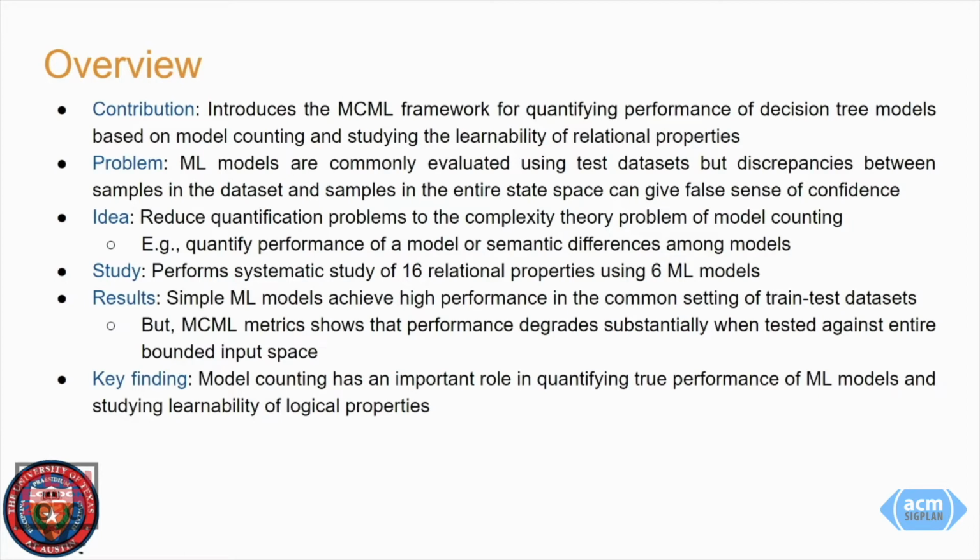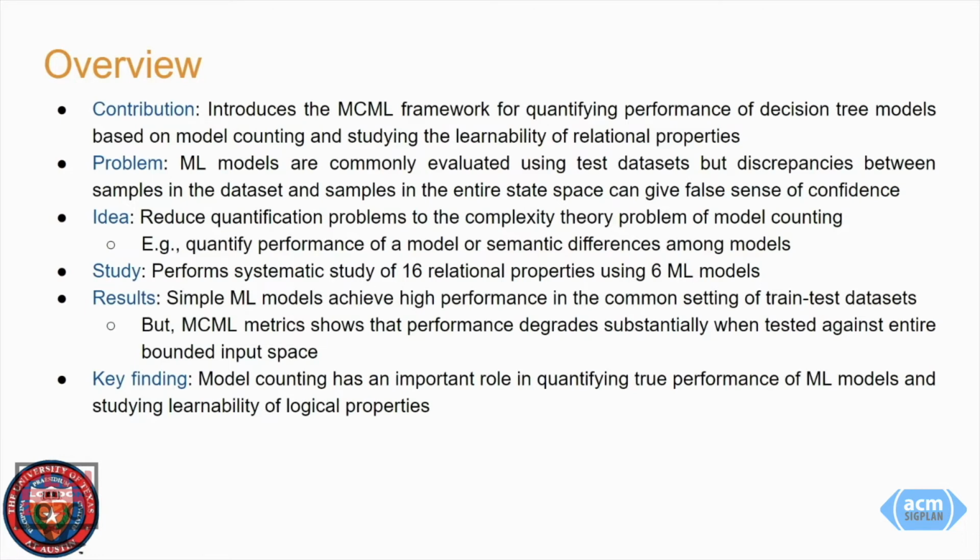MCML uses differences between the ground truth formulas generated using Alloy and CNF formulas generated using translation of decision trees to quantify the number of samples in the entire state space on which the decision tree will predict a wrong label. We introduce the idea of quantifying differences between two trained decision tree models and perform a systematic study of